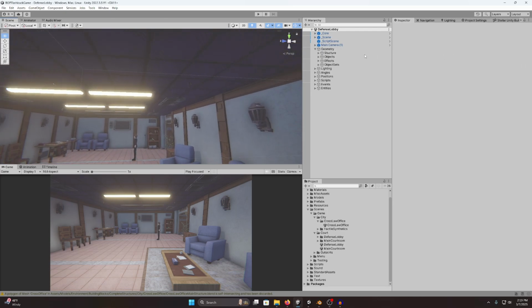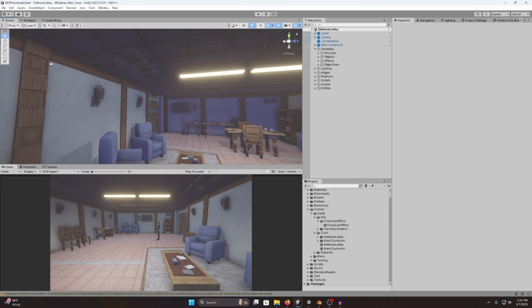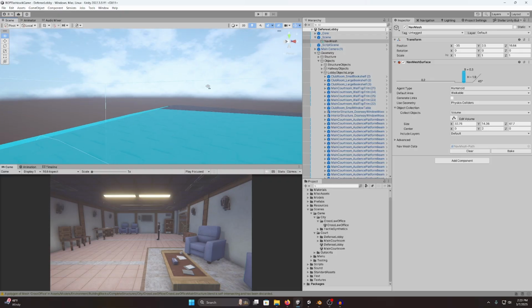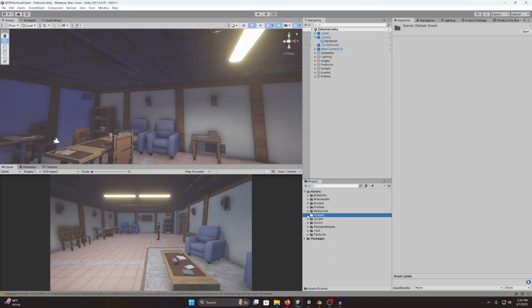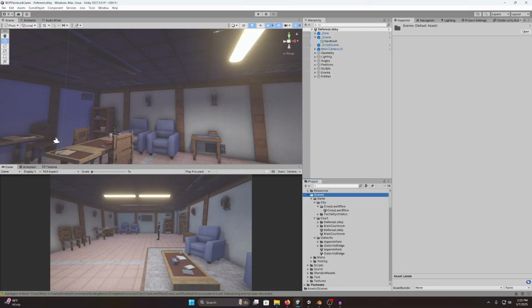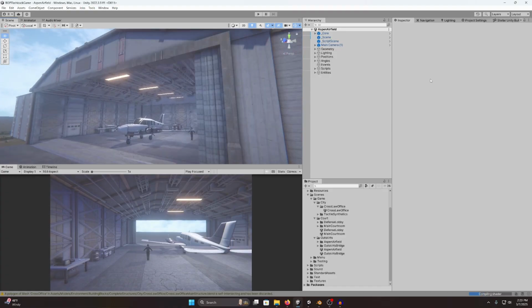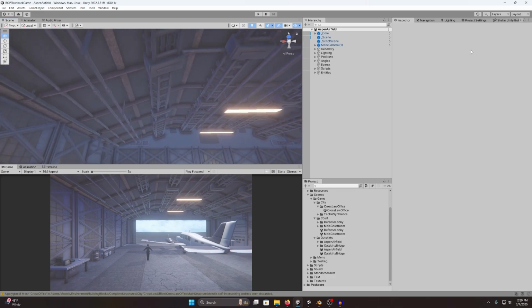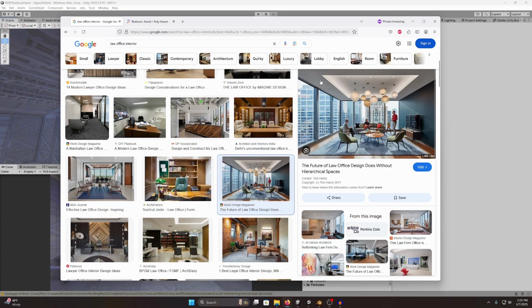So creating a ceiling that is just one of these plain walls means that we're going to have to break it up with more pillars, and it's a little bit tough to do on a ceiling in this kind of context. In a context like a hangar for a plane, well, it's not so tough. I can just layer on a million little pipes and support beams and stuff like that, because that's what would go on a hangar. But on a plain office wall, this is where 3D level design can get challenging,